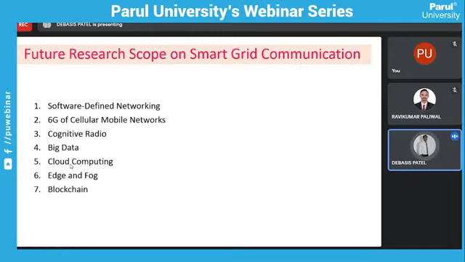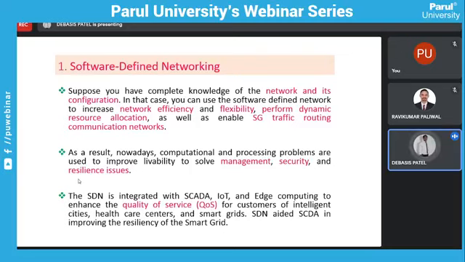So nowadays researchers are doing research on this field. If you now know how the smart grid operates, you can go for it. There is some research on this field. Okay. And in some technical areas, you can do demand side management with edge and fog and blockchain, like you can do the research. So software defined network, I'm not going to go into detail.